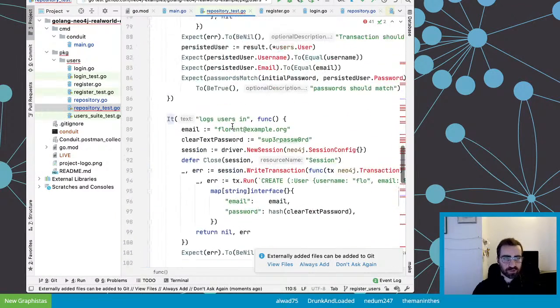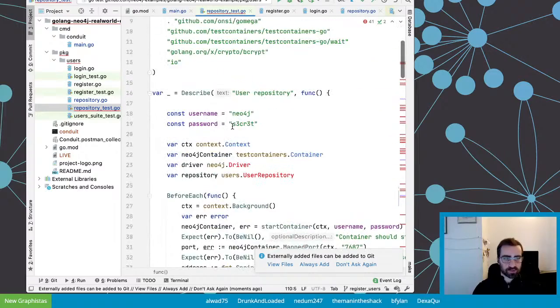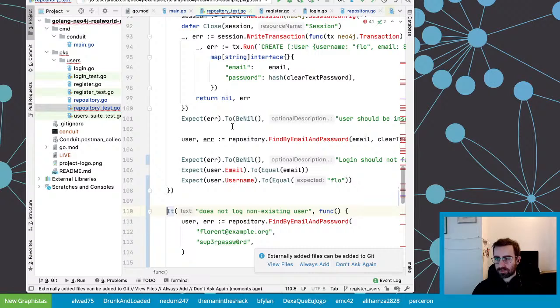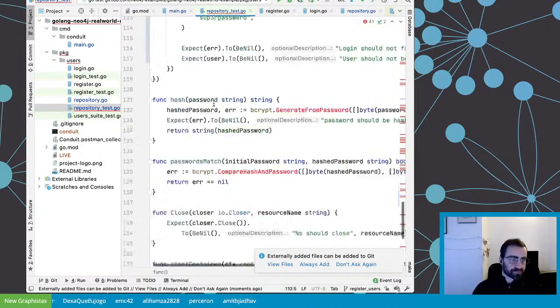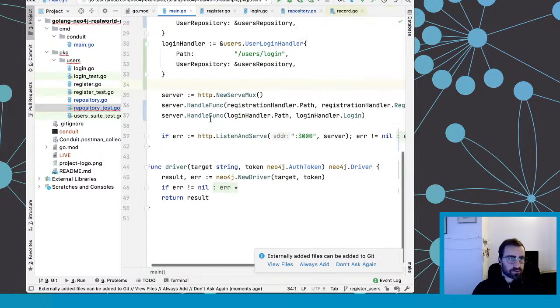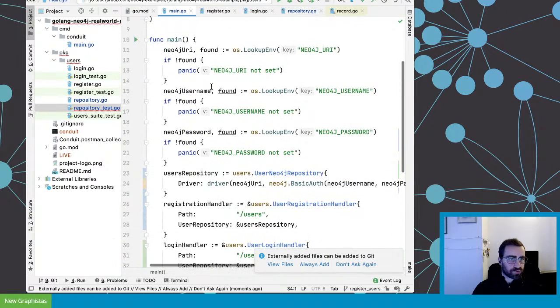And I will continue to work on this project, but not live streaming it anymore. I will probably move the container stuff to run once per package, because I don't want to start a container for every test. That takes basically way too long. All right, but anyway, the test run, it compiles, so thank you, Golang, for pretending it does not compile when it does.